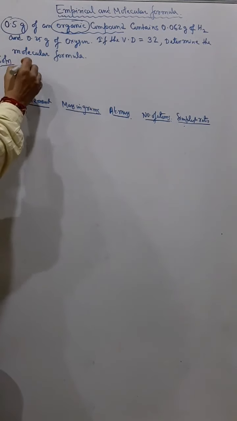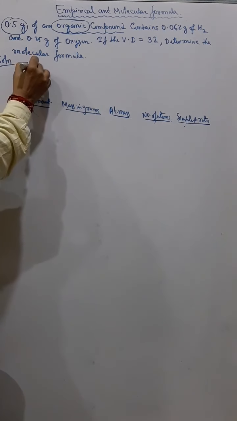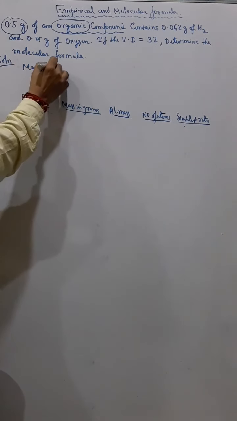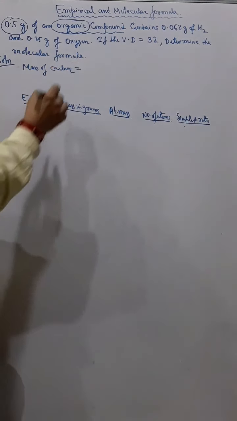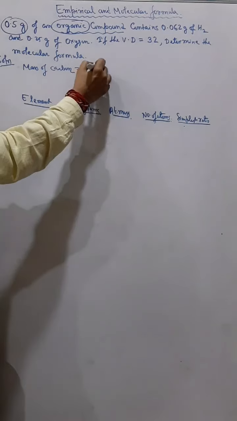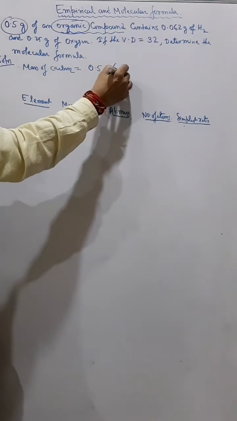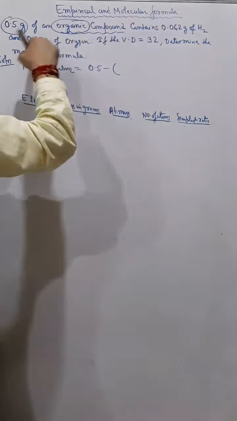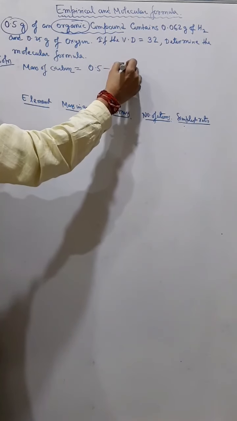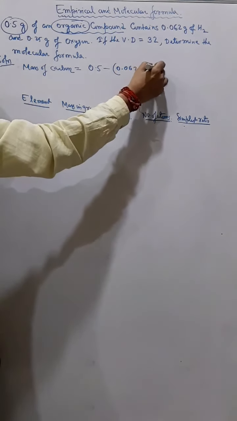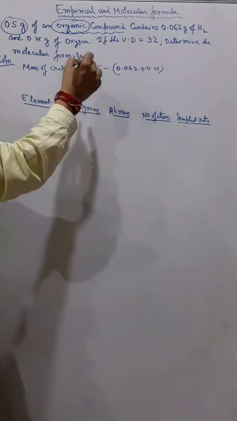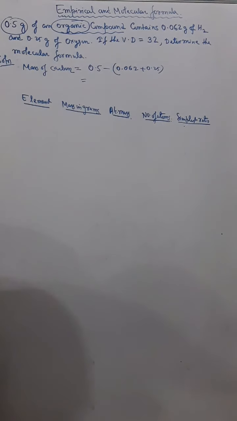So what will be the mass of carbon? Mass of carbon will be 0.5 minus (0.062 plus 0.25). After calculating we will get 0.188